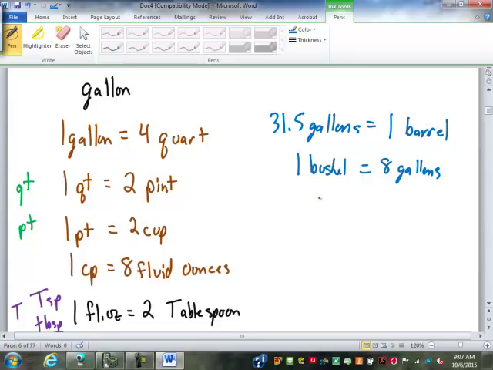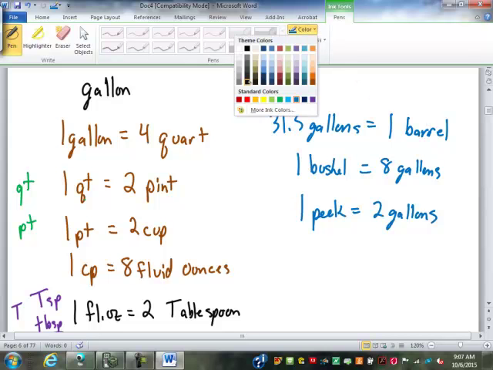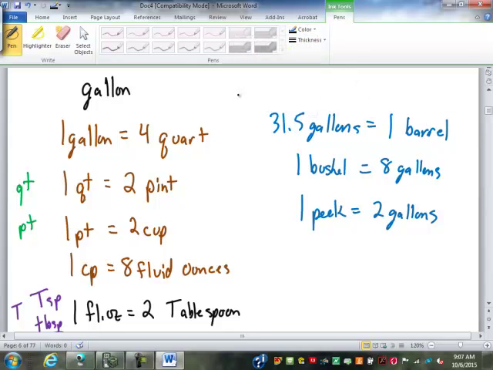How about a peck? Anybody ever heard of a peck before? Peter Piper picked a peck of pickled peppers. Yeah. 1 peck is actually 2 gallons. If you're picking strawberries, I think they still sell a peck of strawberries. That's what your standard crate of strawberries holds, is a peck. They're about 2 gallons. So anyway,